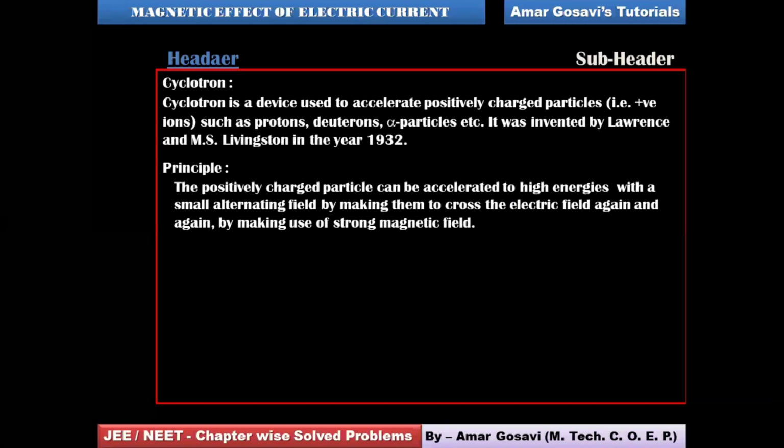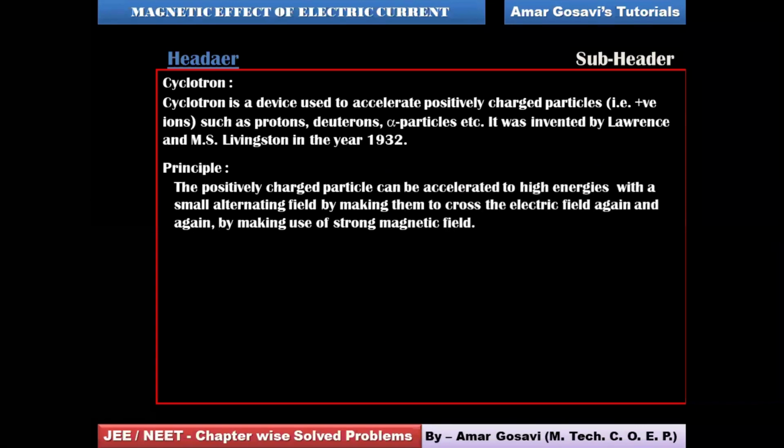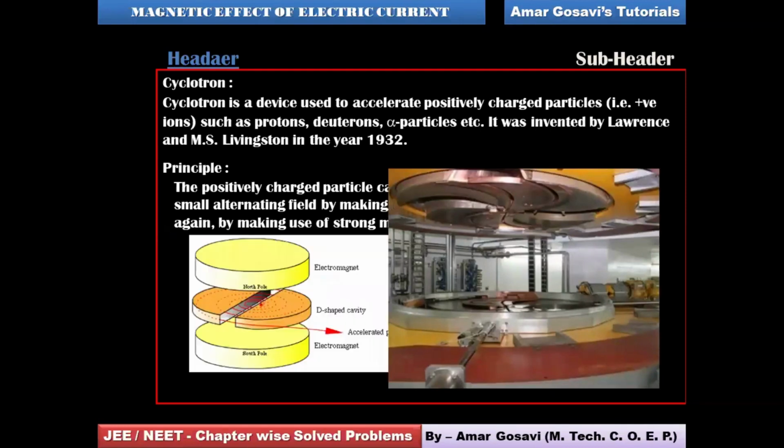Now, how does a cyclotron look like? Let's understand this. So basically, this is an image of a cyclotron, you can see. In terms of diagram, you can have a look at it. But before I show you the diagram, please make a note of the statements first, because at times the diagrams would overlap the statements. Okay, hopefully you have noted down the statement, and let's have a look at the photograph of how a cyclotron would look.